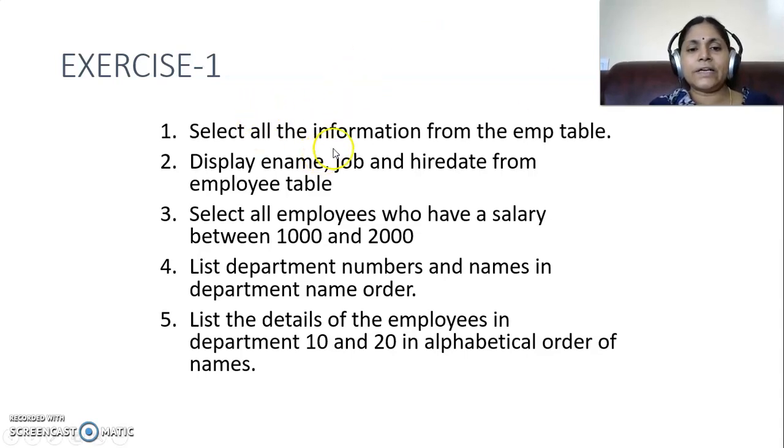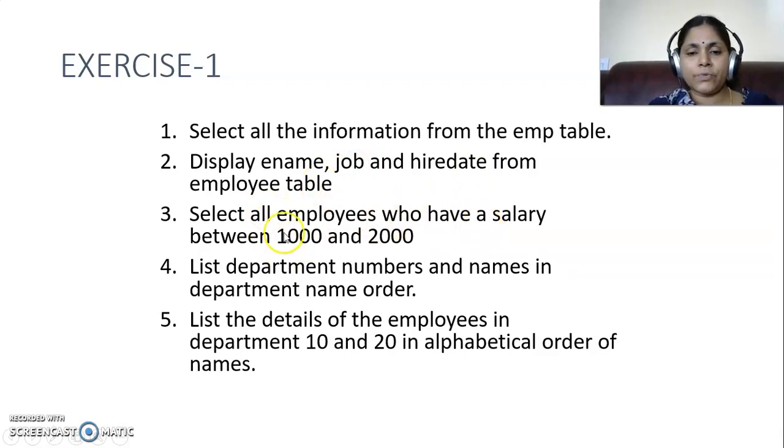That is the query we write here. Next one, display ename, job and hire date from the employee table. For this we need to write select ename, job, hire date from EMP. That is the syntax we should write.